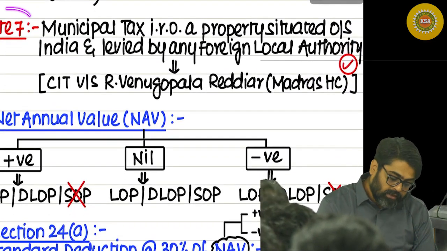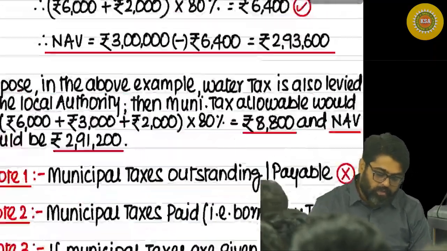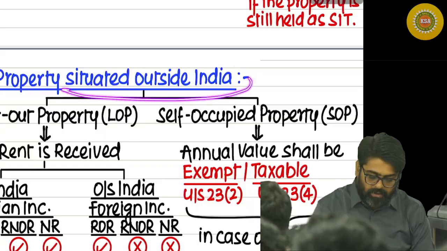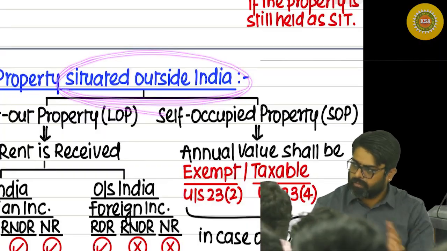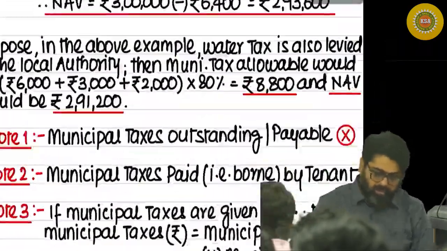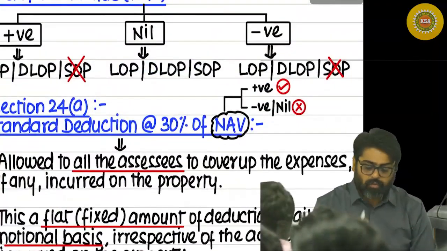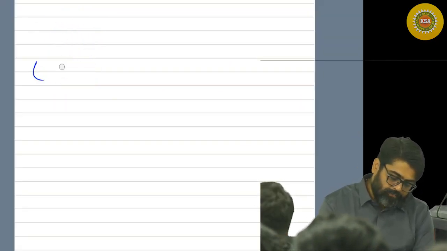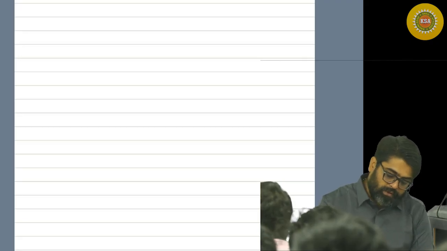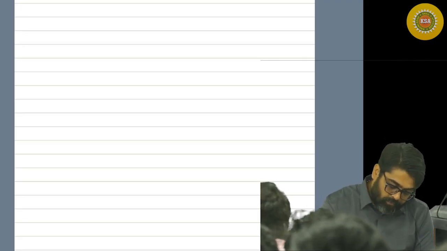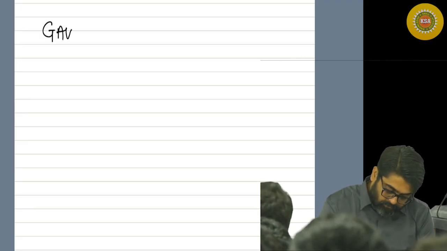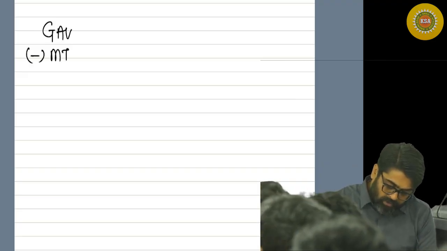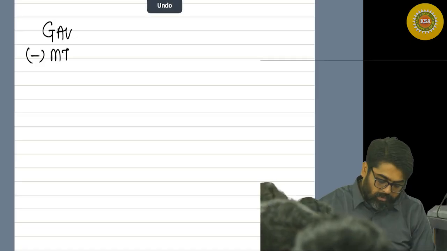Next one. Now, this note number 7, I will be doing this note along with this concept. Property situated outside India. Wait for some time, I will discuss. Okay? So, this was your municipal tax. Now, first of all, tell me, when you will calculate your NAV, how will you calculate your NAV? Tell me. First of all, you will take GAV. Yes or no? From this, you will reduce municipal tax. So, the final amount which will be there,